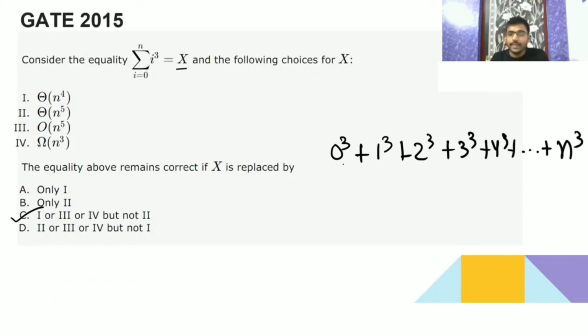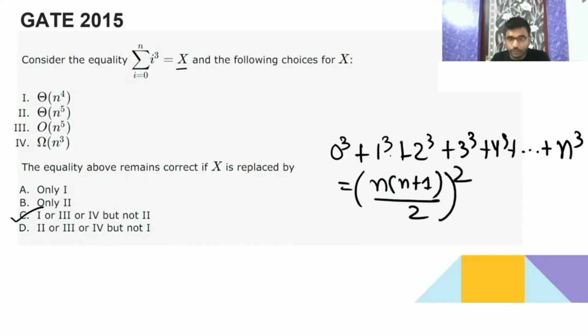And it is like the square of the sum of n natural numbers. It is square, not square root, it is the power 3 of that sum of n natural numbers, which is going to be (n(n+1)/2) squared. This is the formula for the sum of cubes of the first n natural numbers. Is it clear?